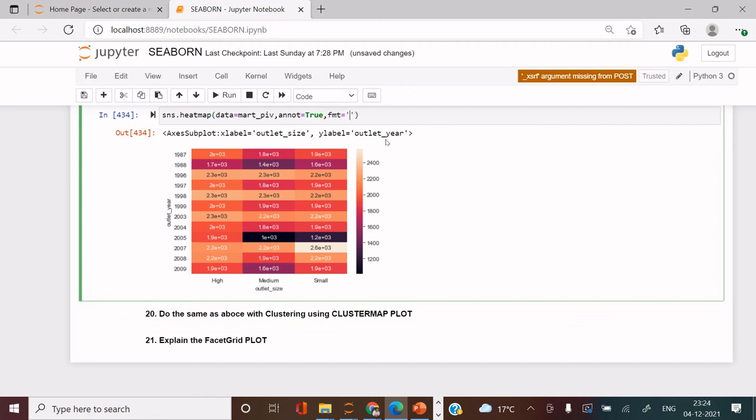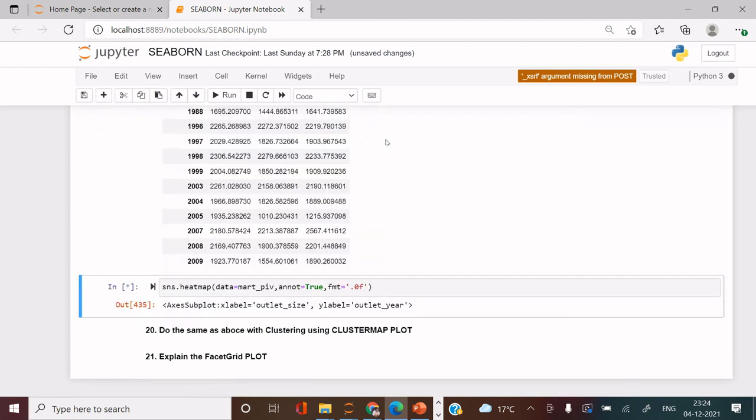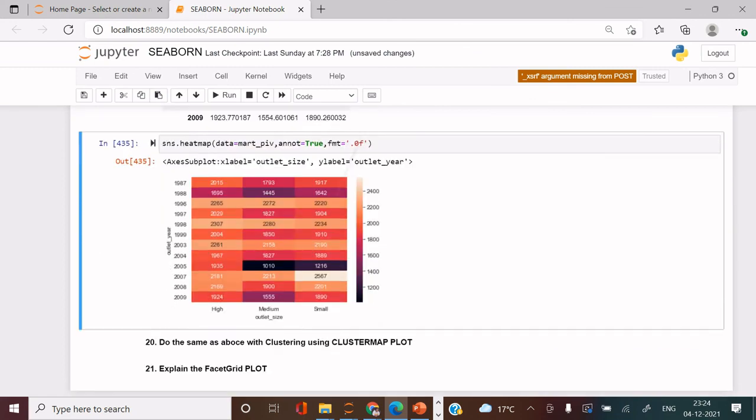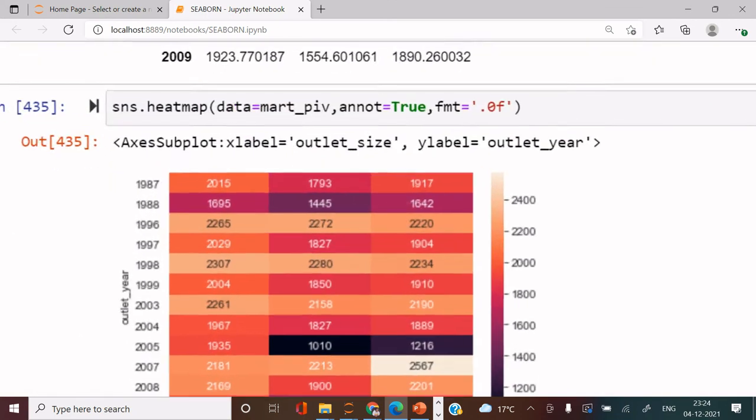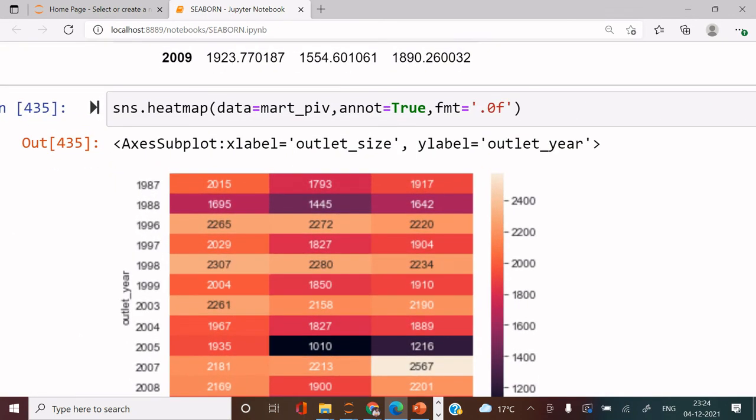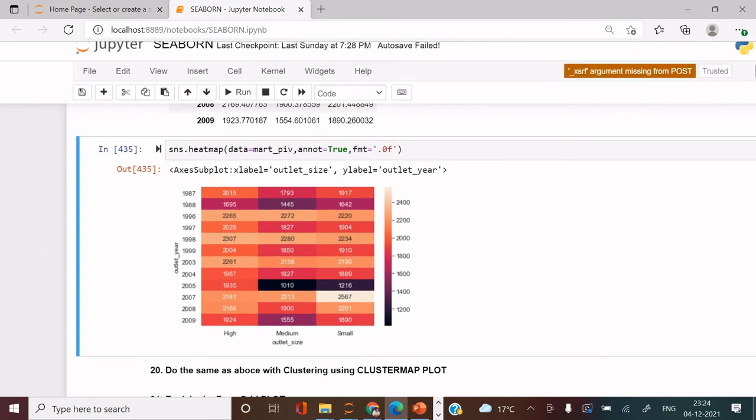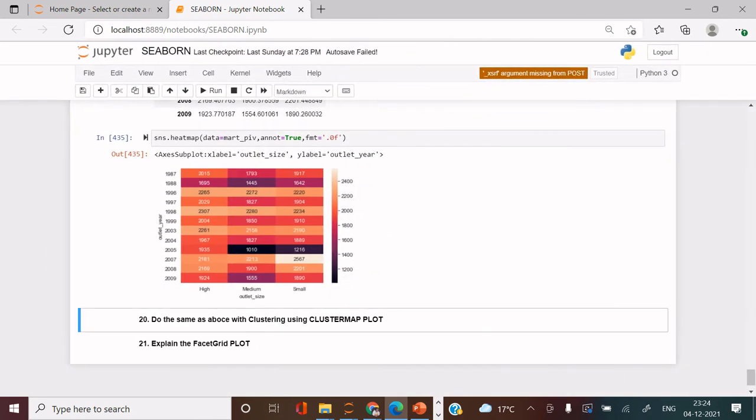In that you pass the number of floats, so 0 floats you want to see, and you have to tell what it is. So you would write f, which represents float. Now here you have the numbers written clearly. There are many other formattings which you can apply. Again, check out the detailed video using the link given in the description section.